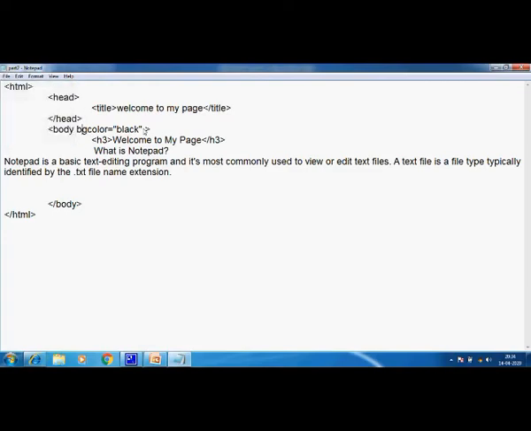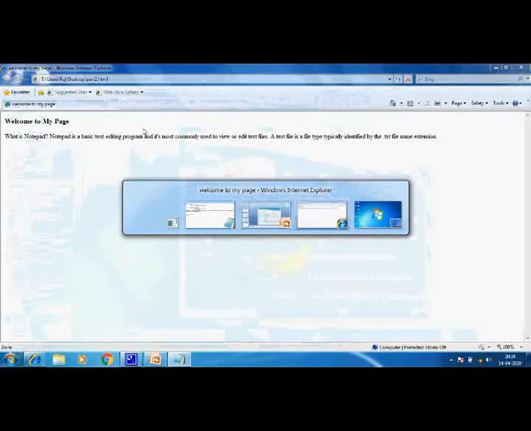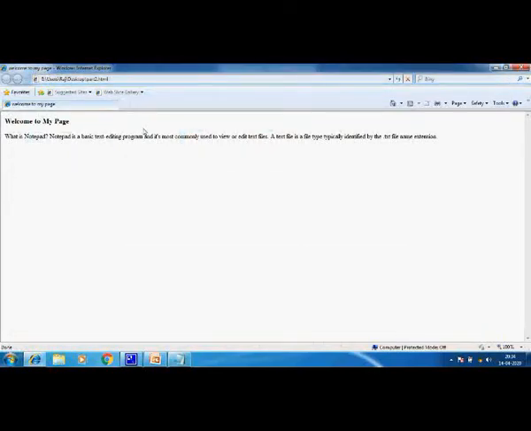Save. Okay, I have saved the file, and as I have said, let's go to the browser. I have come to the browser, children, by Alt Tab. Now I'll press F5. Oh my god, what happened? The entire body has turned black. Now I want the text to appear over here, but it's not showing. That doesn't mean the text is not there. The text is also black by default.